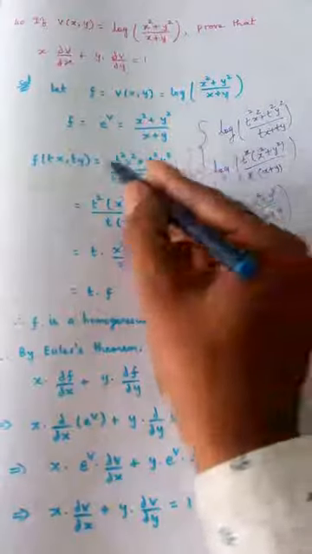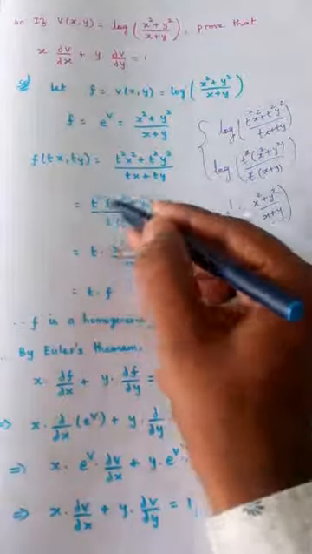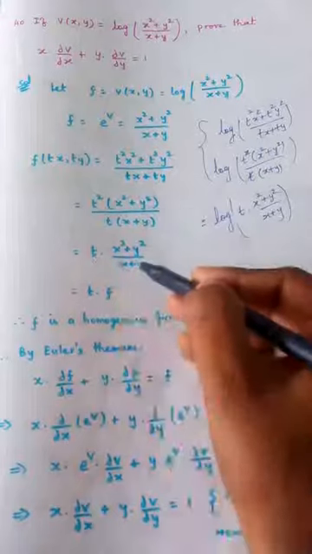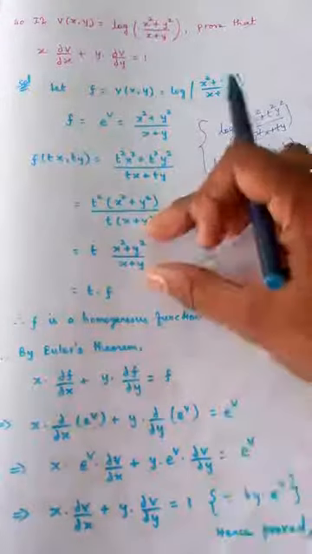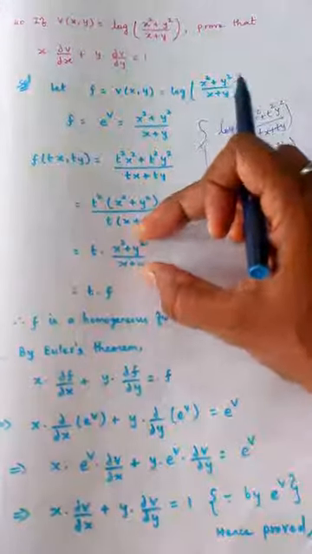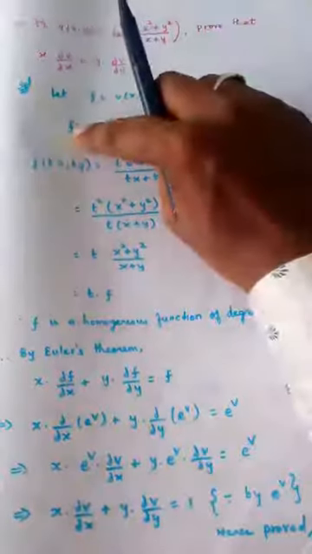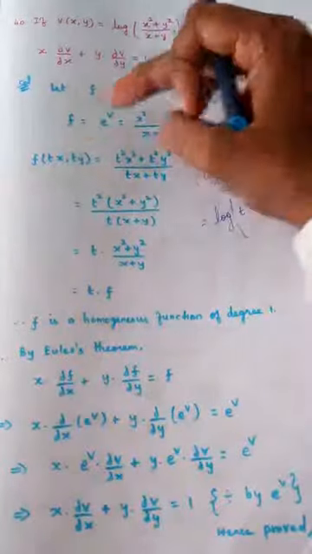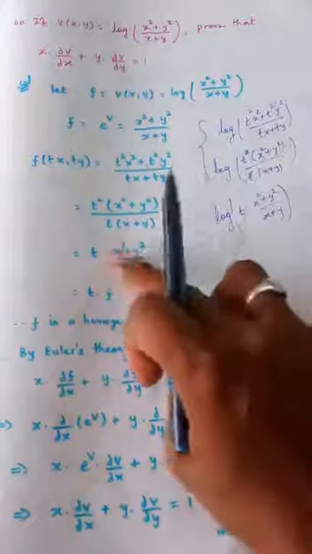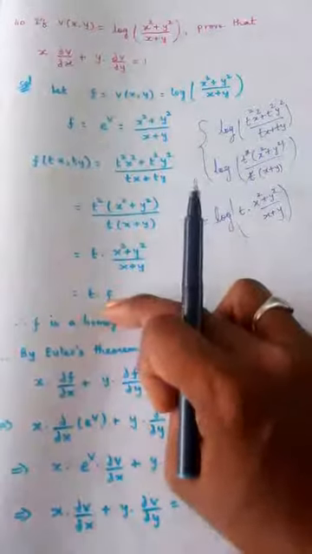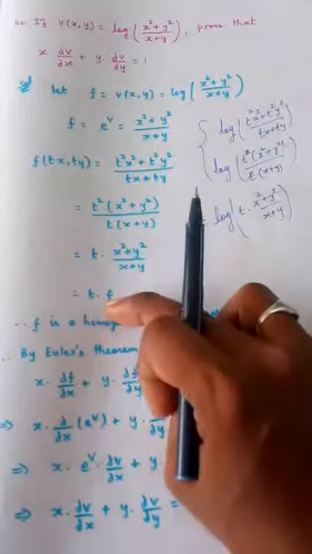Now if you take common terms, t gets cancelled, so only one t is present. This is present here, right? Now what is this, x square plus y square by x plus y? What is the name? F. What is the name for this? F. So in place of this I am writing f. Hope you are listening and understanding it.